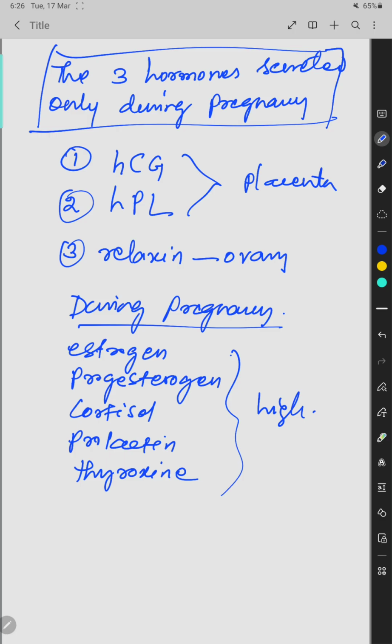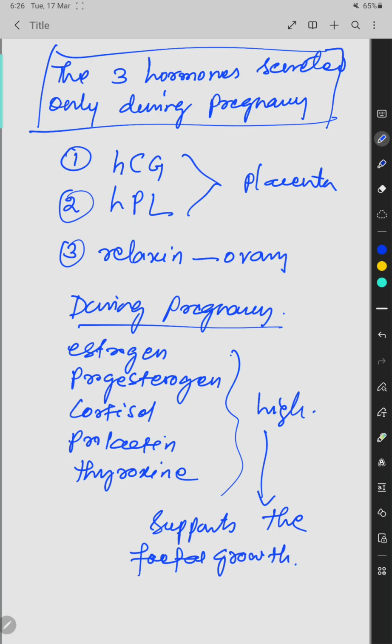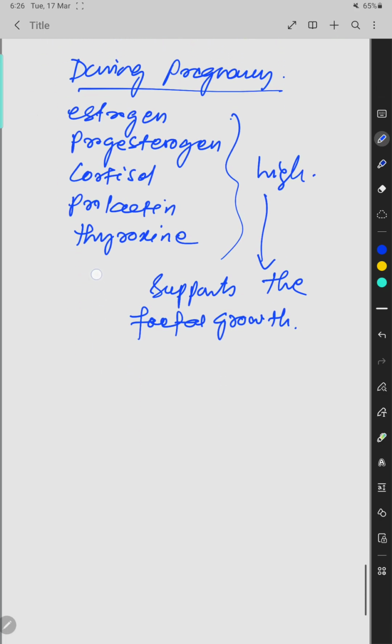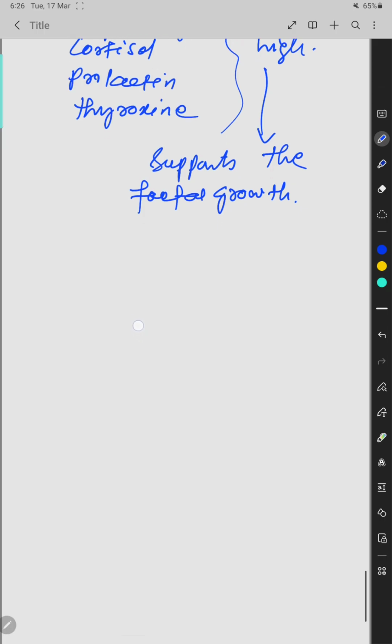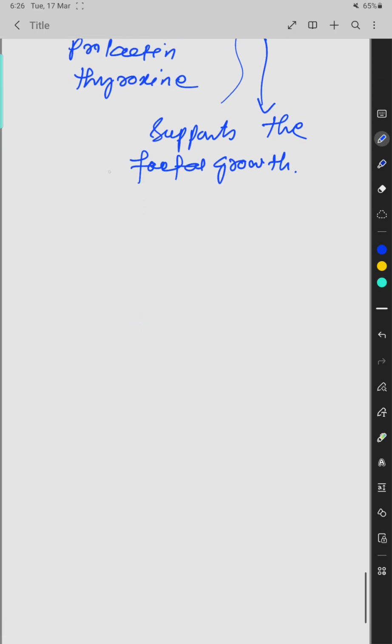And why is this secretion very high? Because it supports the fetal growth. Okay, and it is also helpful in maintaining the fetal growth and maintaining the pregnancy. Okay,